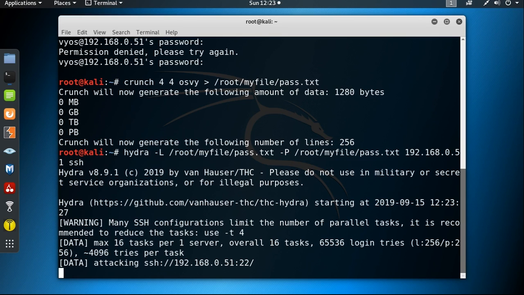Attacking SSH. It basically tries all possible user IDs and passwords which are stored inside the dictionary pass.txt.